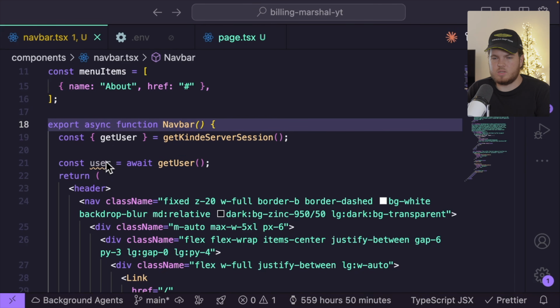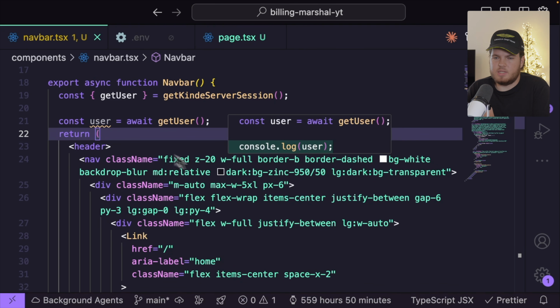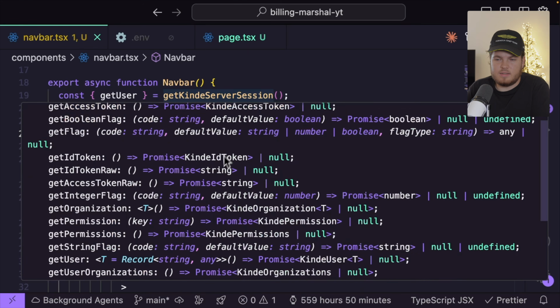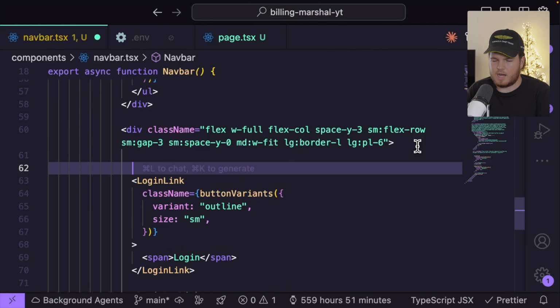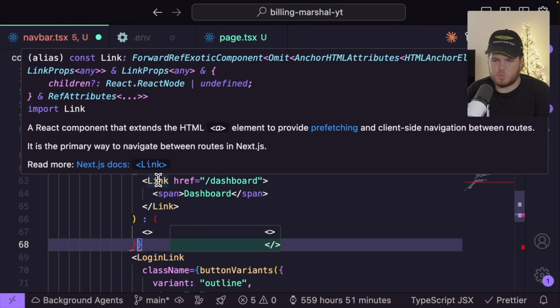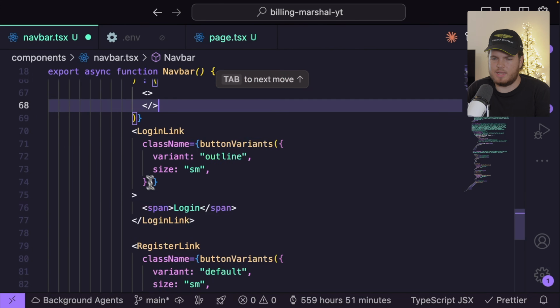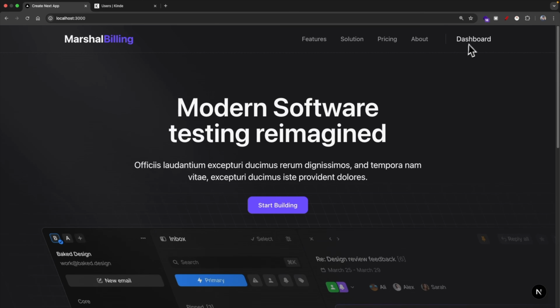Since I now get my user session, I can create a ternary, because the user could either be defined as you see right here, or it could be null if there's no valid user session. So if I scroll to the bottom right here in the div, I will create a ternary, and if there is a user, I will right here just render this link, and if there's no user, then I will render these two links. So if I again go back and do a hard refresh, then you will see right here